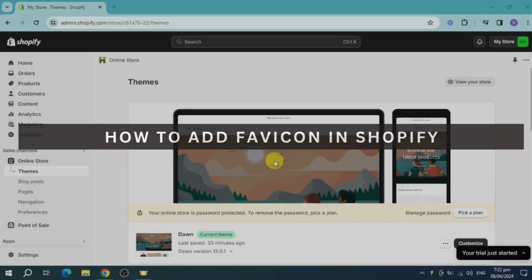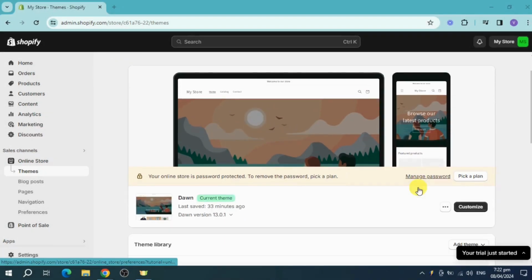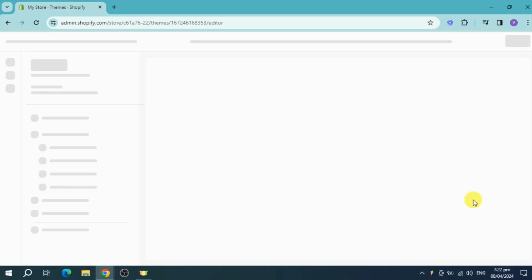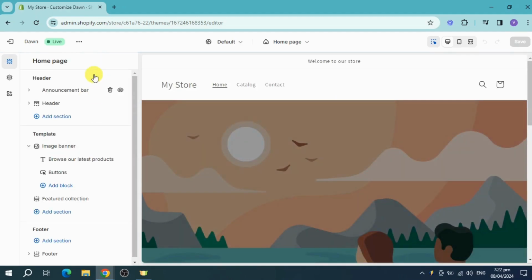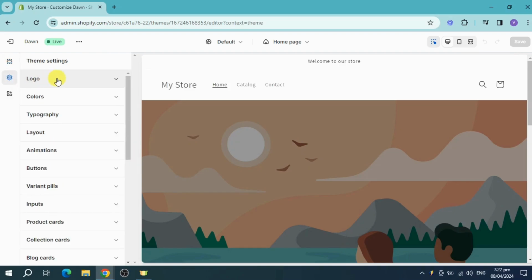Let's get started. In order to do that, you can click on this Customize right here once you head over to your online store. Click on Customize, and this will open the Shopify editor. Now in here, you should be able to see this left sidebar. You can click on Theme settings right here, and you can expand this